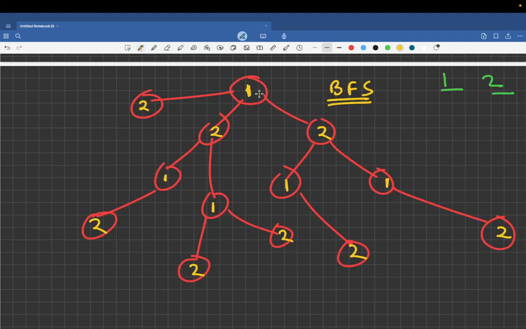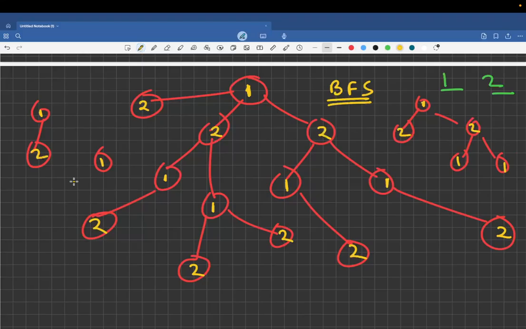Now in the question, it may be that you are not given one connected component. You are given more than one connected component. This is one of the components. This is the other component. This is, let's suppose, the other component. This is, let's suppose, the other component, right? So for every component, you have to do the same thing. I mark this as 1, this with 2, this with 1. For this, mark this as 1, this as 2. For this, mark this as 1. For every component, do exactly the same thing.